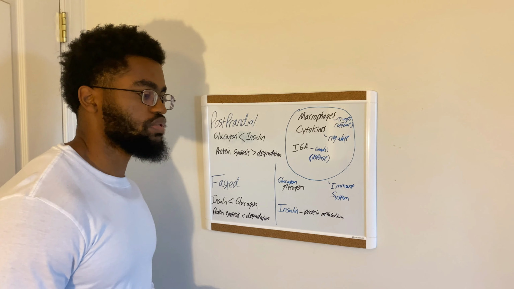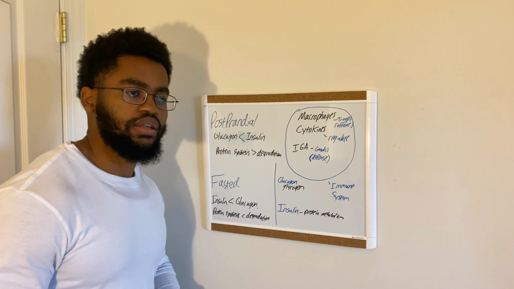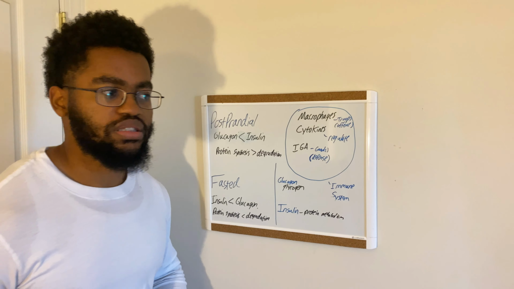Insulin, on the other hand, is anabolic. It's released shortly after you have a meal, and basically it's released because it detects that, of course, there's plenty of amino acids in the body. So now it's time to grow. Now it's time to repair any damaged cells, anything like that.